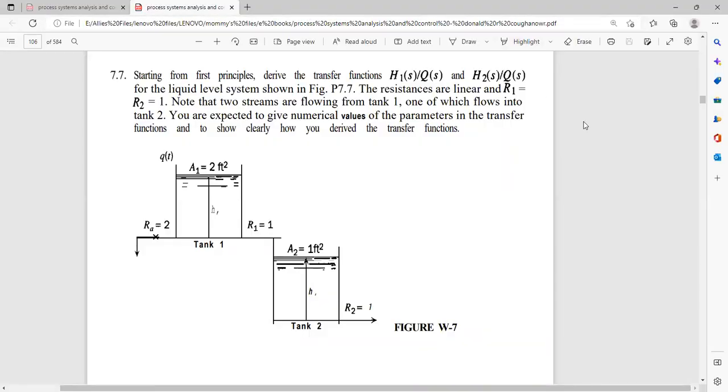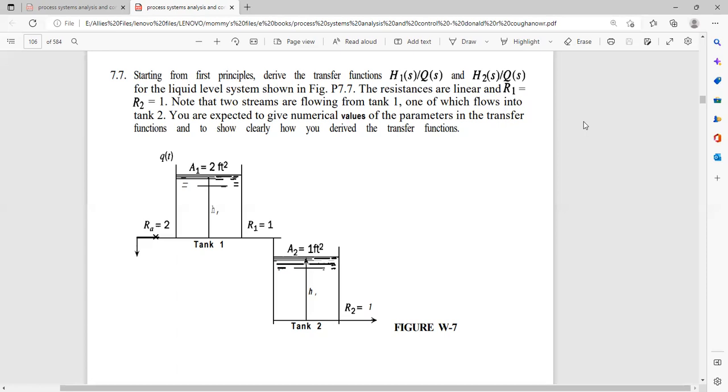So this is 7.7. Starting from first principles, derive the transfer function H1 of S over Q of S and H2 of S over Q of S for the liquid level shown. The resistances are linear, so both are equal to 1. Note that two streams are flowing from tank 1, one of which flows into tank 2. You are expected to give numerical values of the parameter in the transfer functions and to show clearly how you